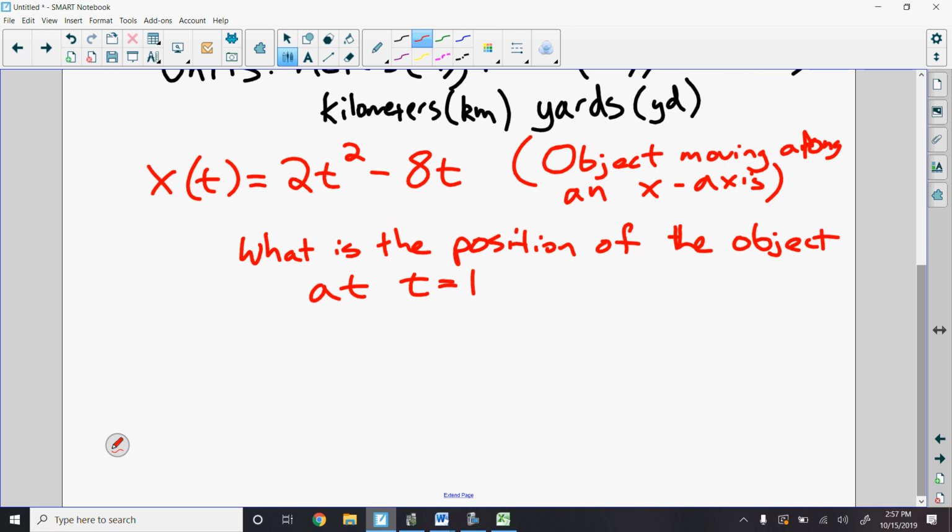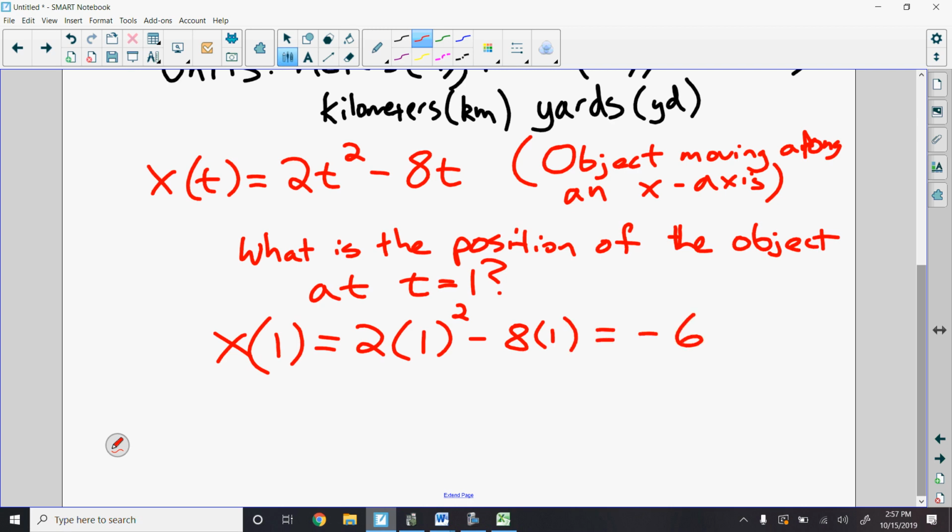So since t is equaling 1 here, I need to plug in 1 into my function x of t. So I'm going to do that by saying x of 1 equals 2 times 1 squared minus 8 times 1, which would be 2 minus 8, which equals negative 6. Okay. What this negative 6 means,